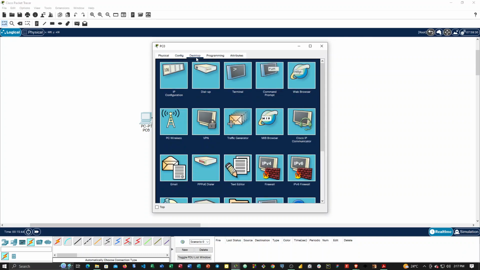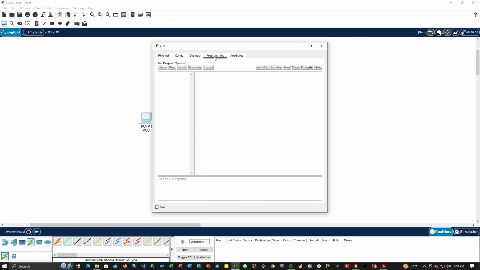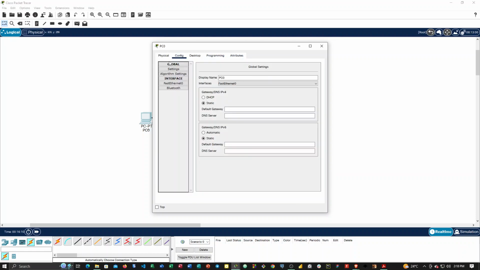Then we have the desktop here, which represents ways in which you can test your network. For example, if you decide you want to use the command prompt to test if the ping command can be established from the different devices that are available. Then we have the programming environment and the attributes environment for this device. So the main concentration here is basically on